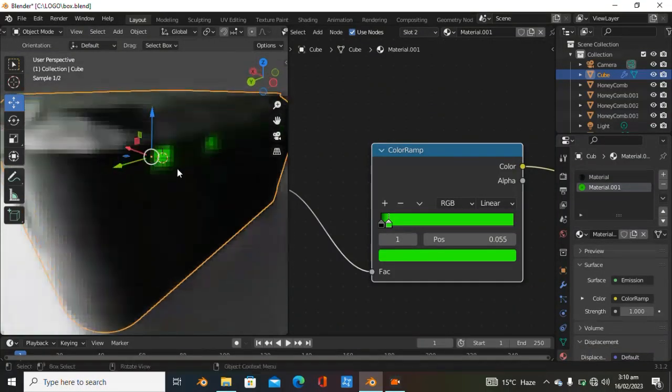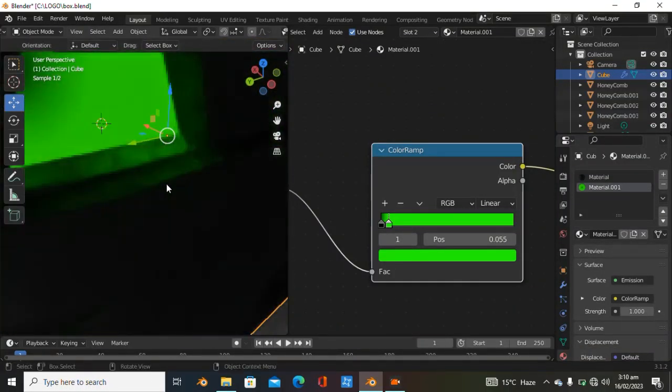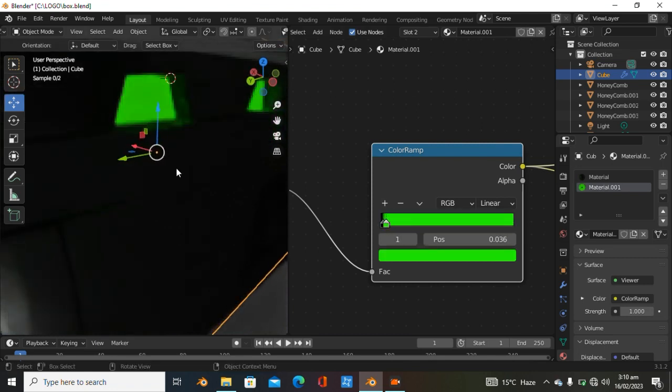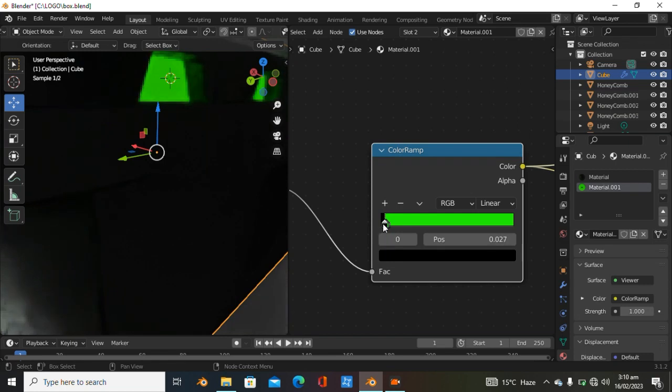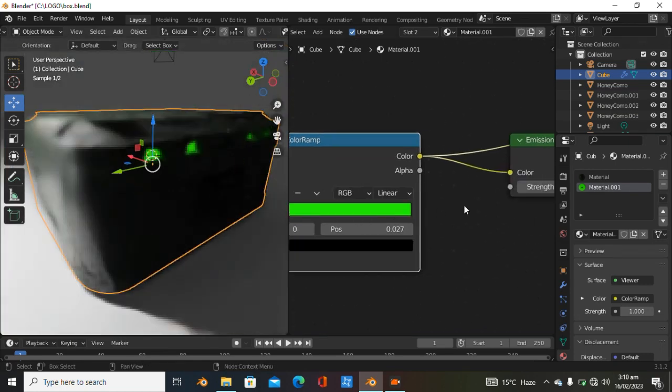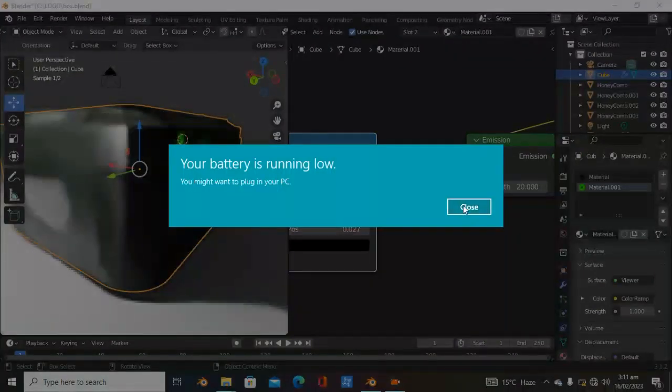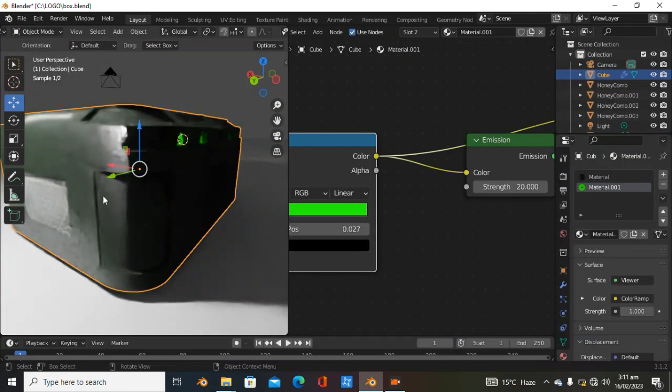And if we go to render view, as you can see, we got some cool looking results. We have some black thing in the middle of this color, and it looks good when you add some glitter to your object. It looks amazing right now. And if I increase the strength of it to something like 10, yeah, I'm gonna change it to 20, and it looks amazing right now. Okay,